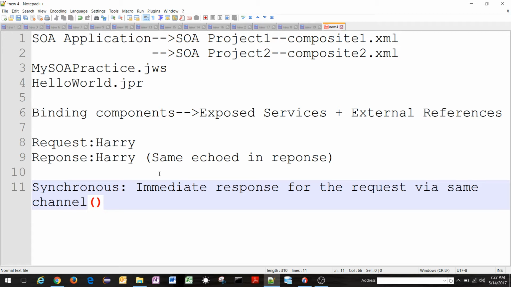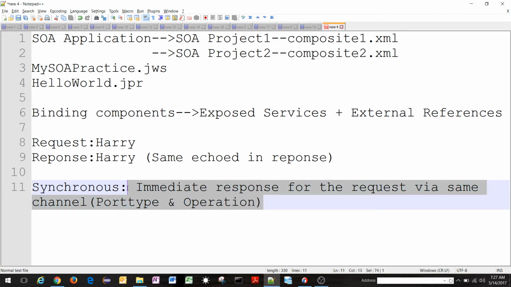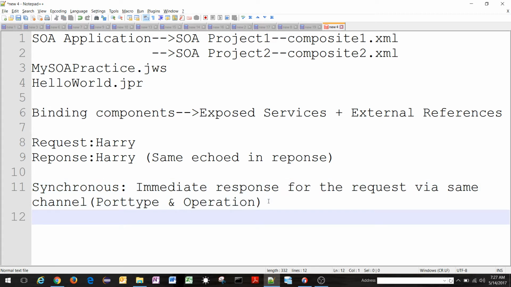So in WSDL you have port types and operations. In synchronous you have only one port type and one operation for getting the response back, or for the complete BPEL process. But whereas in asynchronous,